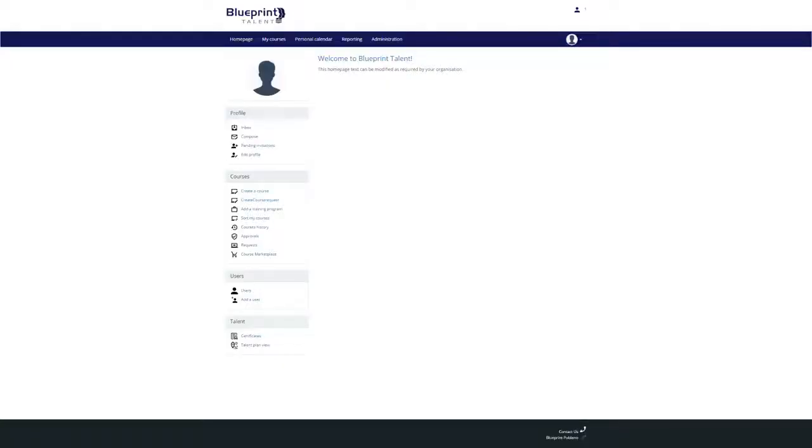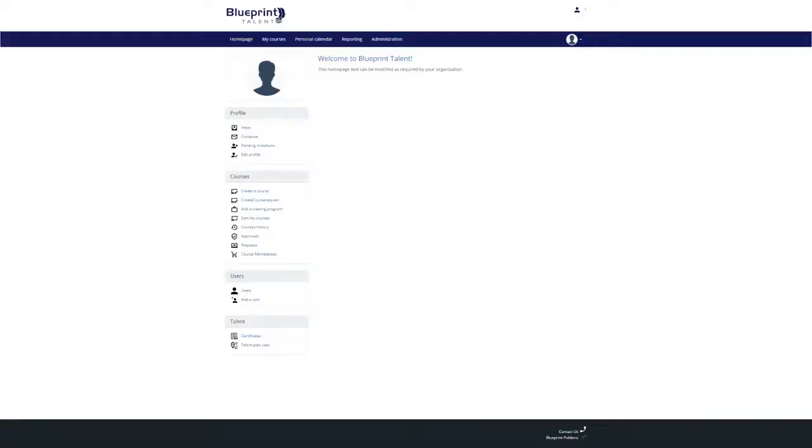Now I'd like to give you a quick look at some of the enhancements we've been making to the Blueprint interface. Our main goal was to make it a little more contemporary and user-friendly. You'll notice, for example, that we've added a new and more stylish icon set in many places, and we've adjusted the layout of the left-hand menu on the home screen. In the past, the My Courses area could sometimes get a bit confusing, so we've modified it to make it a bit clearer. Now, when you go to My Courses,